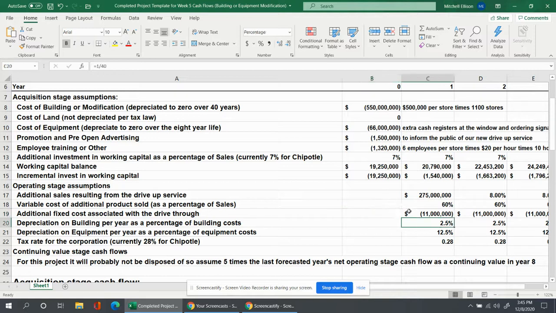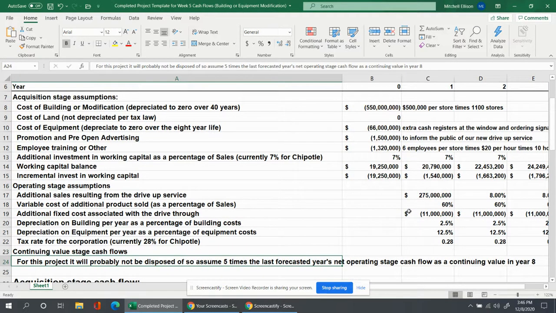Depreciation, I basically have the building depreciated across 40 years. So that'd be 2.5% per year. Depreciation on equipment, I have the equipment basically wearing out over 8 years. So that'd be 12.5% per year. Again, those are simplifications of reality, but they're close enough for what we're doing. The tax rate, I used a 28% tax rate. That would be the federal tax at 21 plus an additional state and local taxes to bring it up to 28%. On the disposition value,